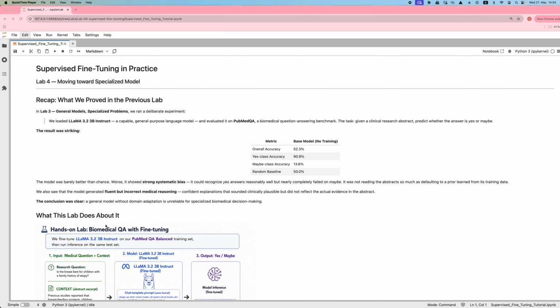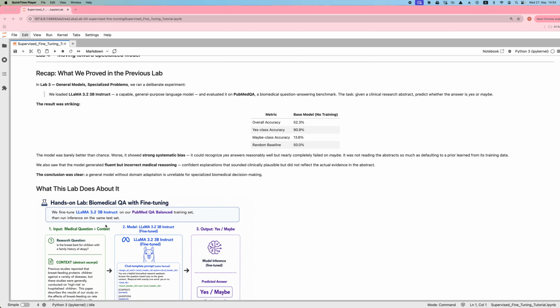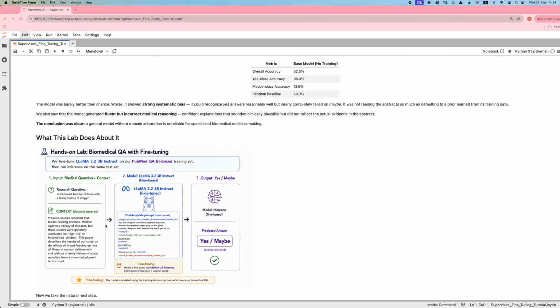Hello everyone and welcome. In this lab, we are going to learn about supervised fine-tuning. Specifically, this lab is exactly the same as the previous lab, such that we are going to use a PubMed Q&A balanced dataset, which is only focusing on yes and maybe class. And as a backbone model, similar to the previous lab, we are going to use LLaMA 3 billion Instruct version